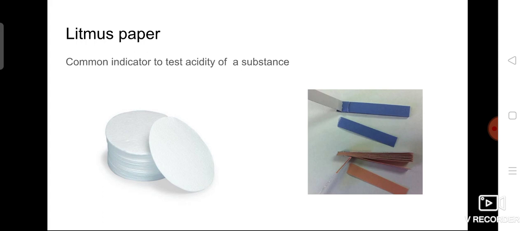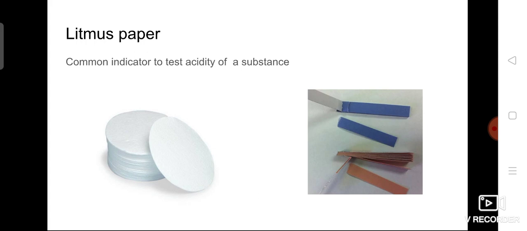Filter paper, have you heard this word before? What do you mean by filter? Something is going to filter. In our home, mom will use a filter to filter the coffee or tea. The liquid solution alone will get down, and the solid particles will remain on the top. Like that, the filter paper also has very small pores. Those pores will filter only the solution, the liquid substance, and it will hold the solid particles on the top itself. So that filter paper only we are going to take,